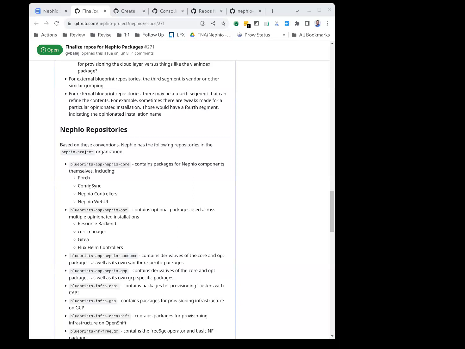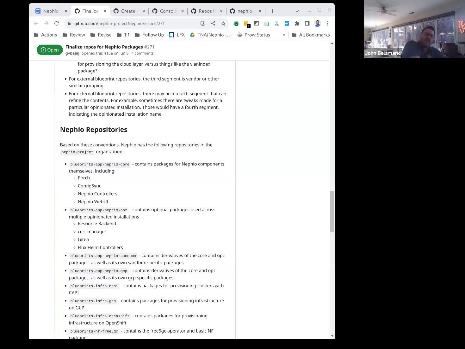We can segregate them by domain and probably meet both concepts in between, rather than having all in one or having a repo for each of these. That's also something we can think of.